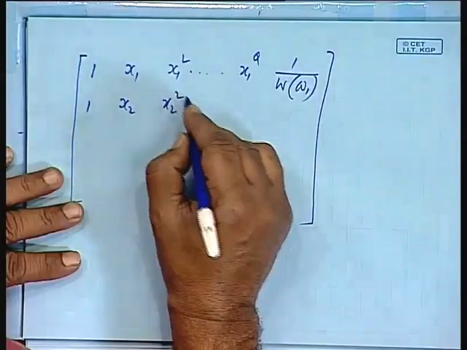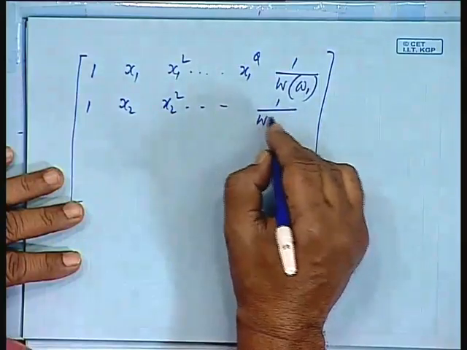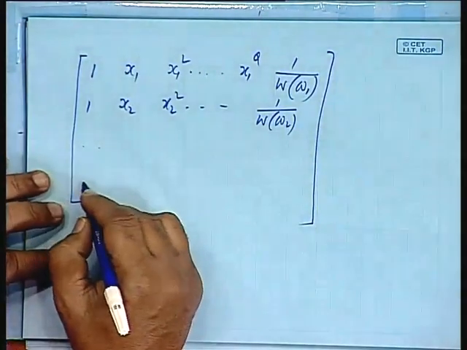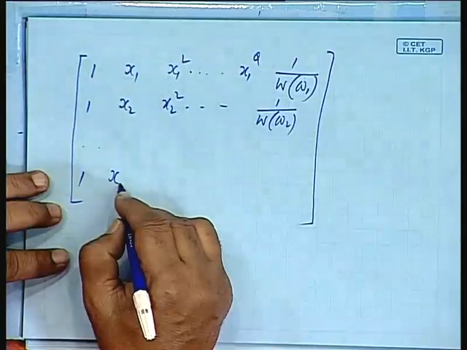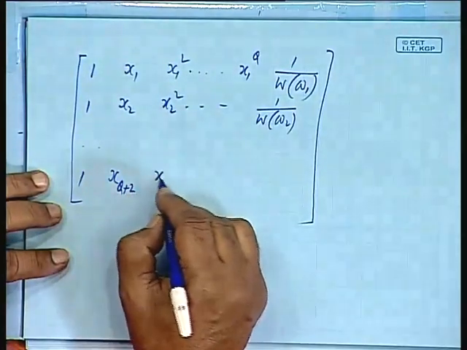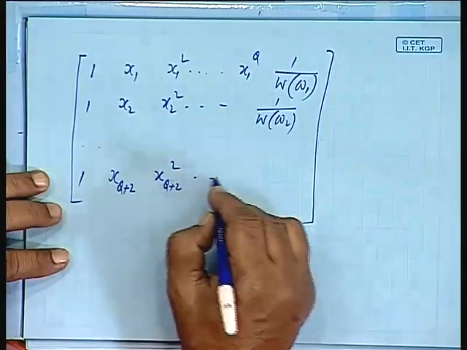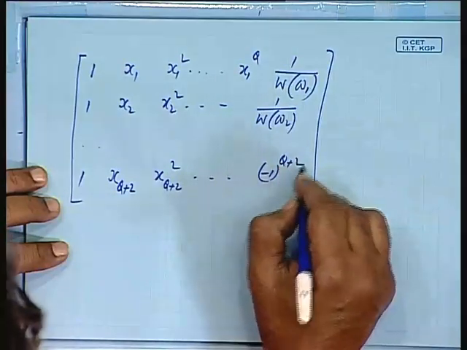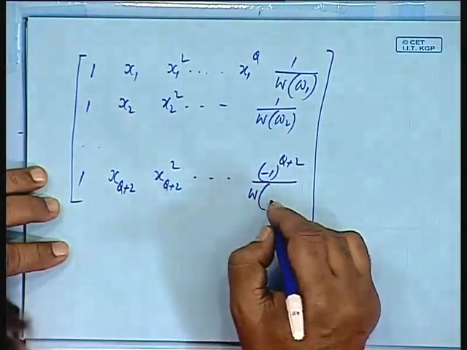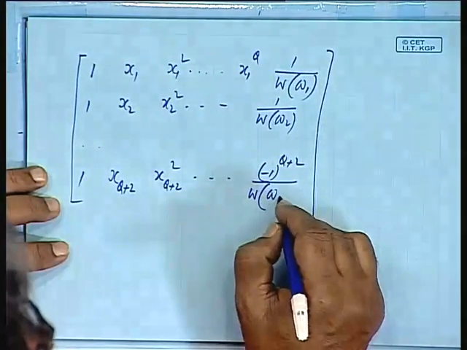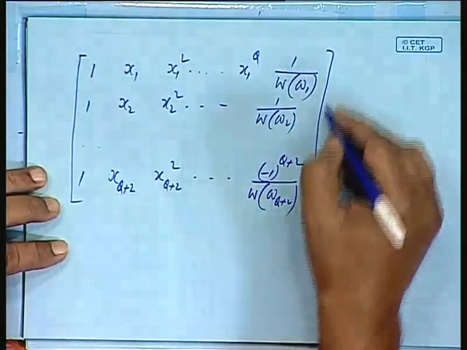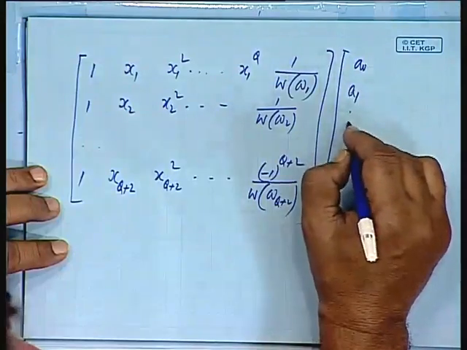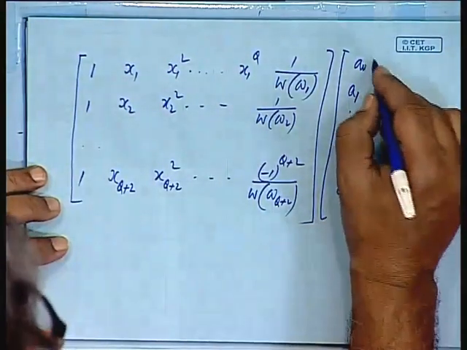The last row is 1, x(q plus 2), x(q plus 2) squared, and so on, with minus 1 to the power q plus 2 divided by W(omega q plus 2). This side will have a0, a1 and the last one will be delta,